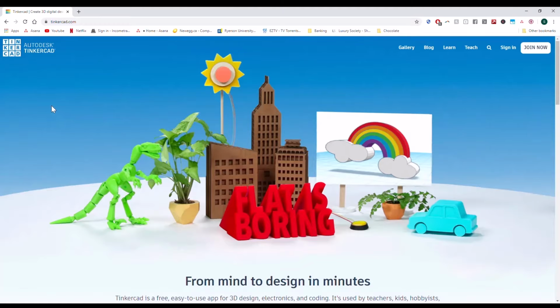Now, this software we're going to use today called Tinkercad is very easy to use. I've used it with children as young as 10 years old to adults as old as 65 or so. So whatever age you are, you should find this to be a breeze. Just pause and rewind if you are not sure of anything.